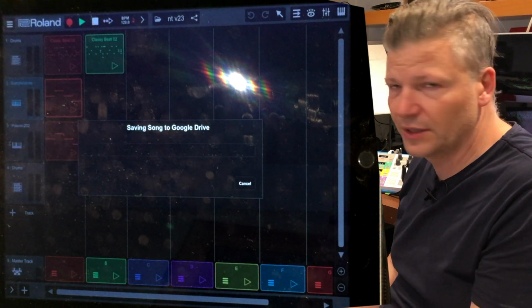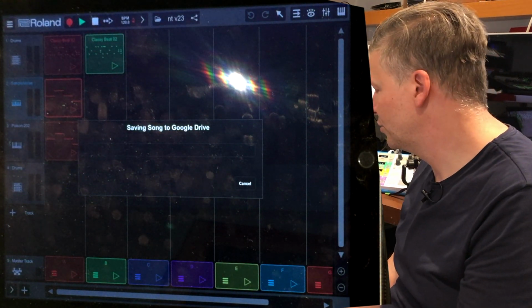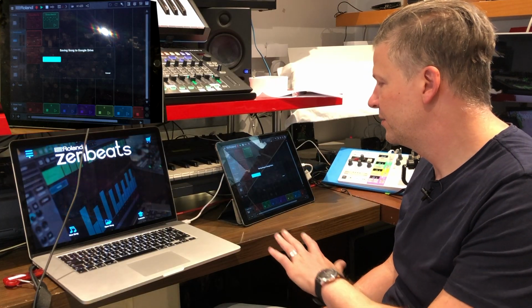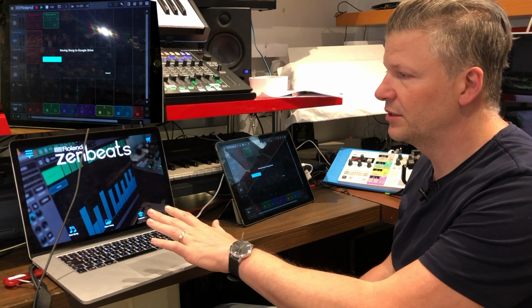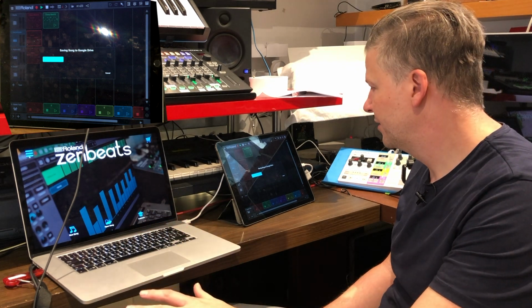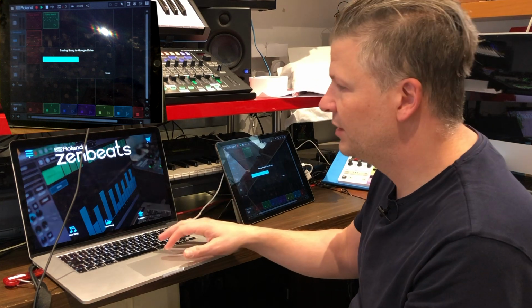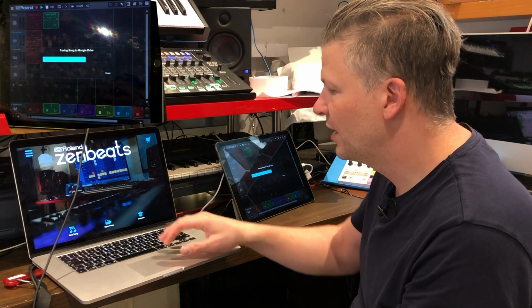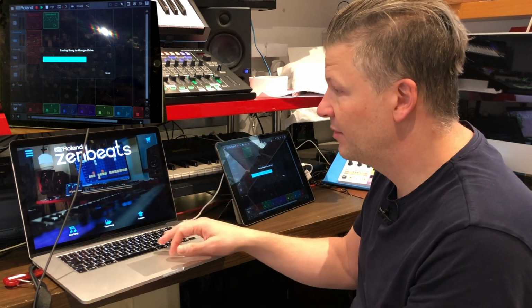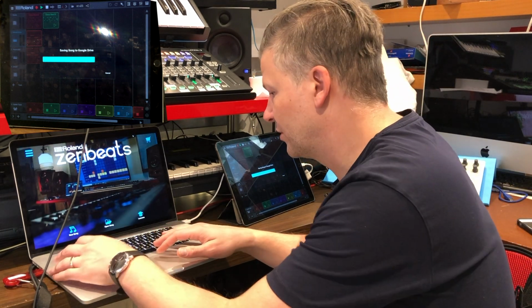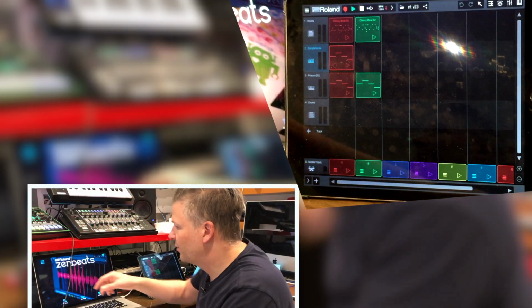Of course you need internet for that, that's for sure, but when this is done, I should be able to see it on the Mac. So I'm going to wait for it to finish. While this is loading, I'm going to go on the Mac and see, well, the graphic is basically the same. Wait a sec, I'm going to actually record this. Now if I want to play it,